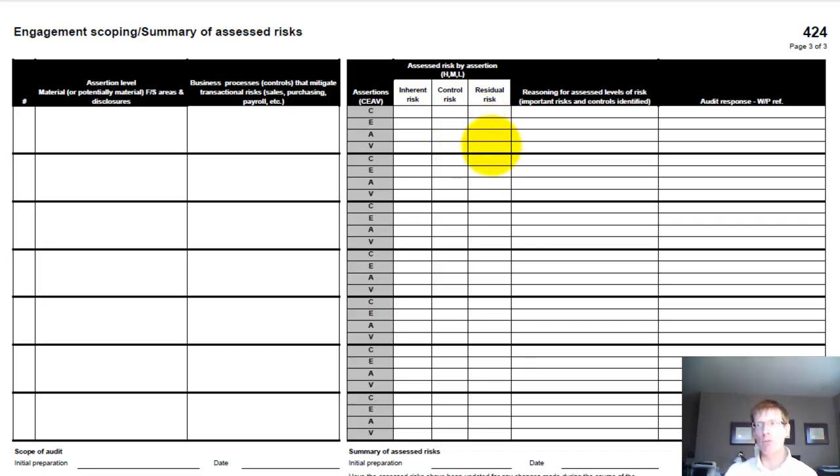Our residual risk would be the risk that's left over after the inherent and the control risk have been established. And then notice that we would document our reason for assessing the levels of risk as we have, as well as documenting our response, which we'll pick up in the